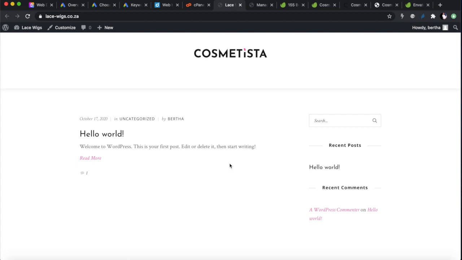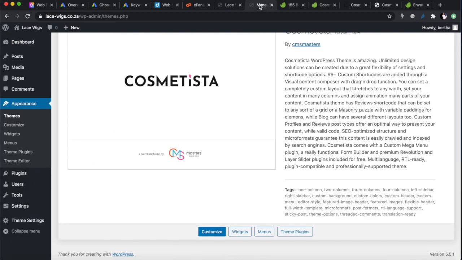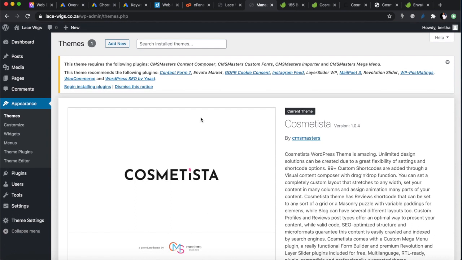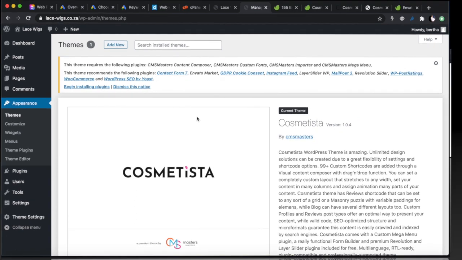So you don't have to redesign, because typically what you would do after installing a theme is that you would have to come and now redesign the whole website yourself or get a template kit. But it's easier if you work off a website somebody has already built, an example website, and you work off of that. So that's what we're going to do, all right? And I'm going to pause this here, and then we're going to continue in the next part of the video.